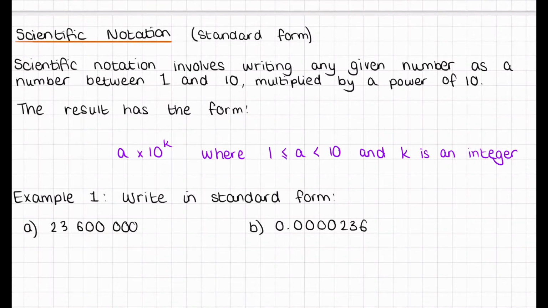Scientific notation, which can actually sometimes be called standard form. So once again, depending on where you are, scientific notation or standard form, both terminologies can be used. So scientific notation involves writing any given number as a number between 1 and 10, multiplied by a power of